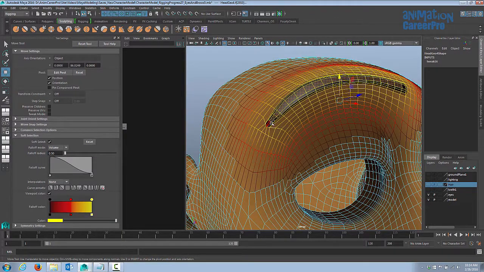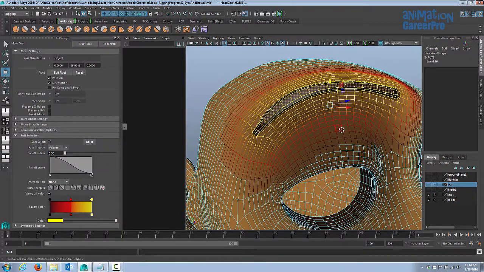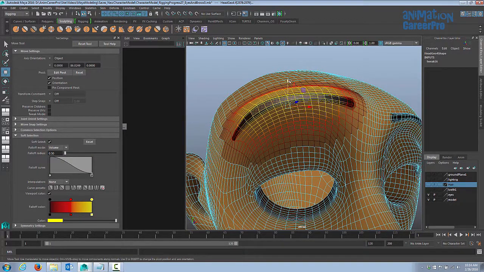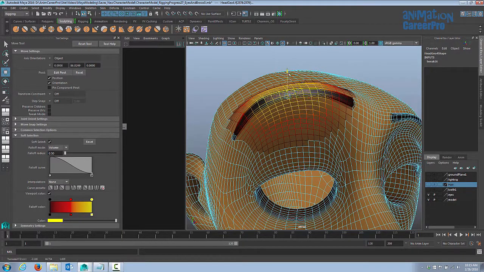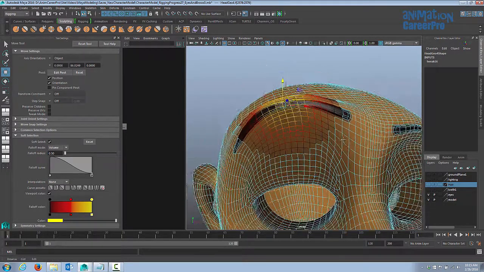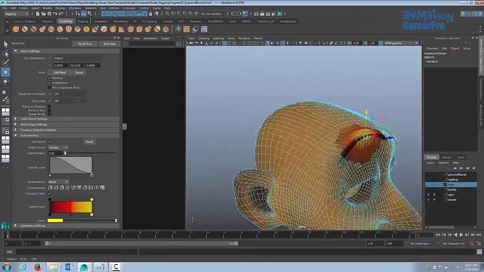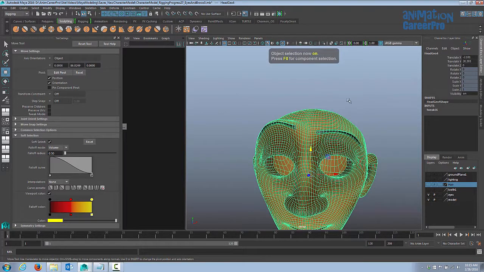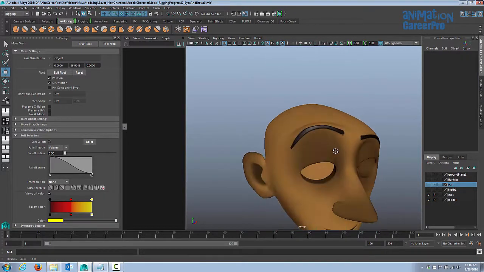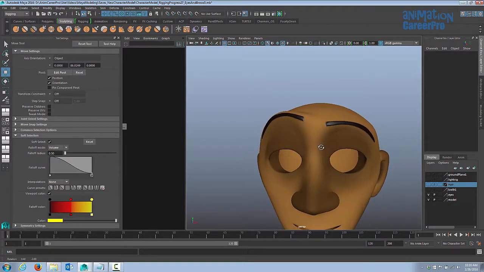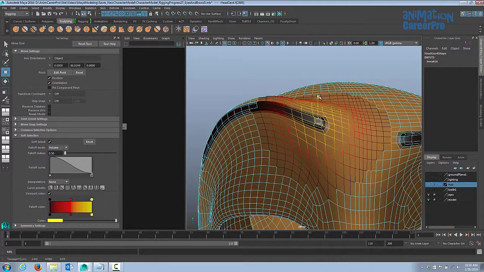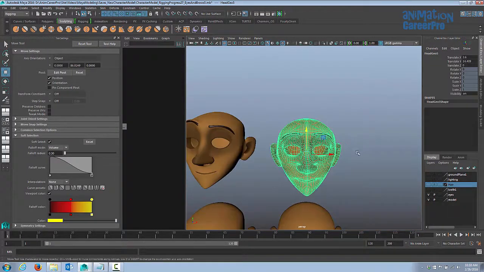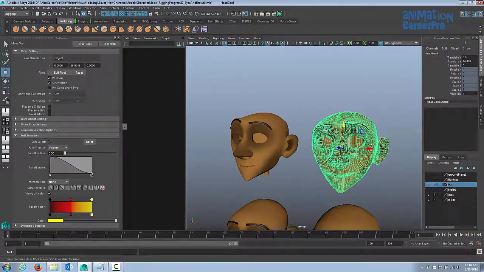So I want to get the middle of the eyebrow to kind of pop up a little bit. I'm going to start deselecting faces on either side of the brow. Maybe we'll do 2 at a time here. I think something like that should be good. Alright, I'm going to hit F8 on my keyboard to get out of component mode and just look at it. Alright, so I'm just going to make some small adjustments to this, and we'll move on to the other side. So this is our right eyebrow lift, and this will be our left eyebrow lift.